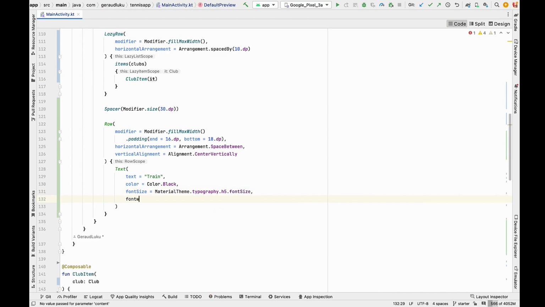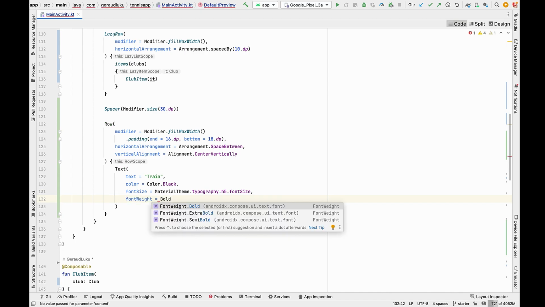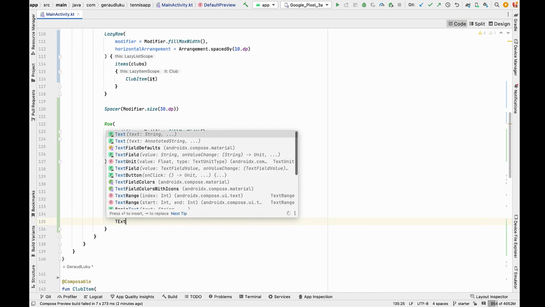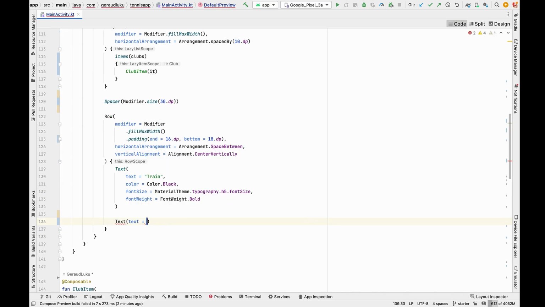Then we have a font weight, and we'll give the font weight of bold. Our next text will obviously be